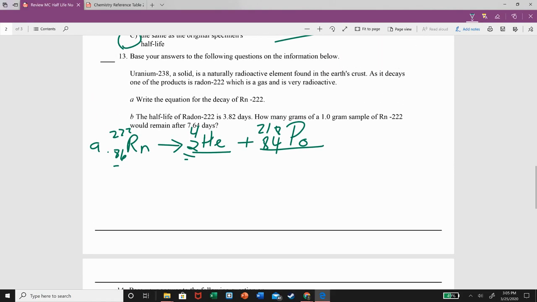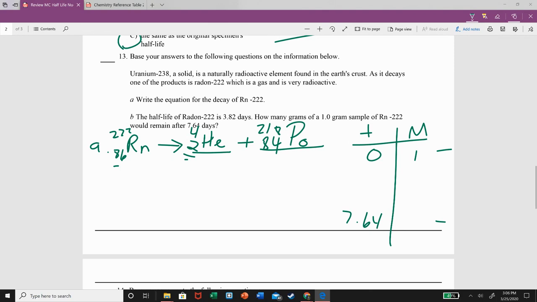So it's only going to be a fourth of the radon-222. But let's pretend we didn't have that question, right? So I'm just going to set it up. Time and mass. Time always starts at 0. And I want to know how many grams of a 1 gram sample remain after 7.64 days, right? I did my starting time and starting amount, and now my ending amount is unknown, and my ending time is